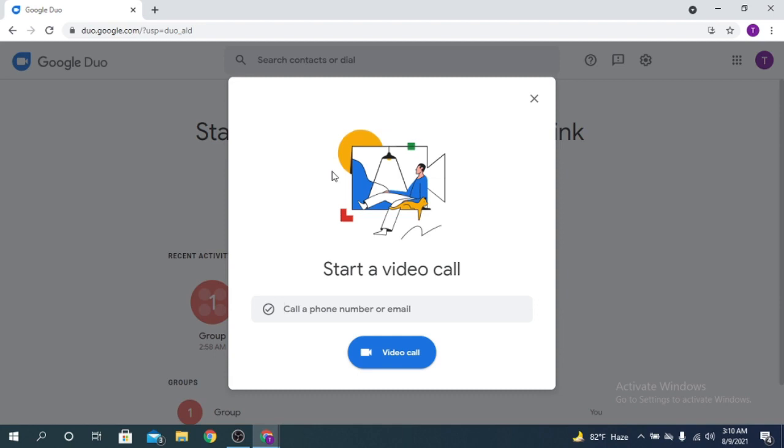You can start an instant video call. You can call a phone number or email. This is kind of like our mobile phone. You can call any phone number user, or you can call any email user. But the person must use Google Duo.